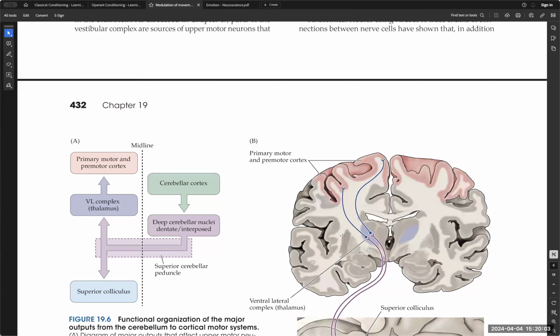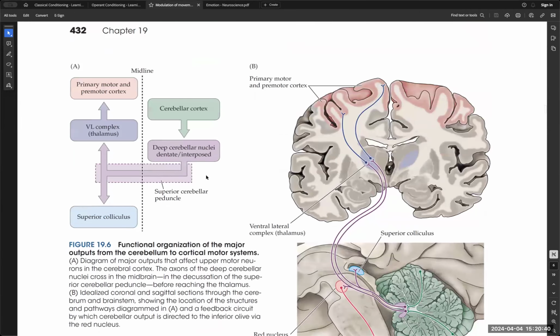And as you can see, it leaves from the deep nuclei, not from the cortex. And then it goes to the VL complex, the ventrolateral complex of the thalamus. And from there back to the originating cortex that initially projected to the cerebellar cortex, in this case the cerebrocerebellum in particular. All right, and here it's very important to mention that the dentate and interposed nuclei are the ones that are really going to play a role in this particular pathway. All right,